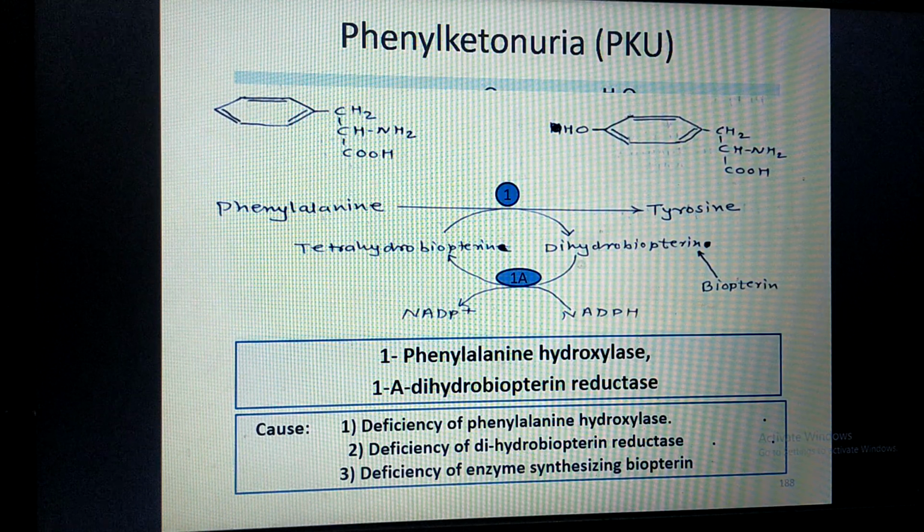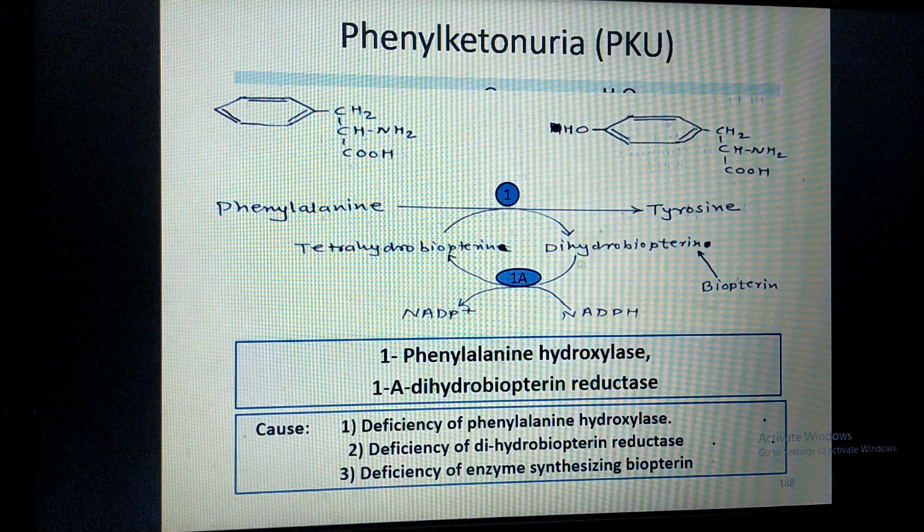Basically, this reaction requires the primary enzyme phenylalanine hydroxylase, and the secondary enzyme, which is required for regeneration of tetrahydrobiopterin, is dihydrobiopterin reductase. Now, if you see the causes of phenylketonuria, the first and most important cause is deficiency of the primary enzyme phenylalanine hydroxylase. The second cause is deficiency of the secondary enzyme, that is dihydrobiopterin reductase, and the third cause is deficiency of